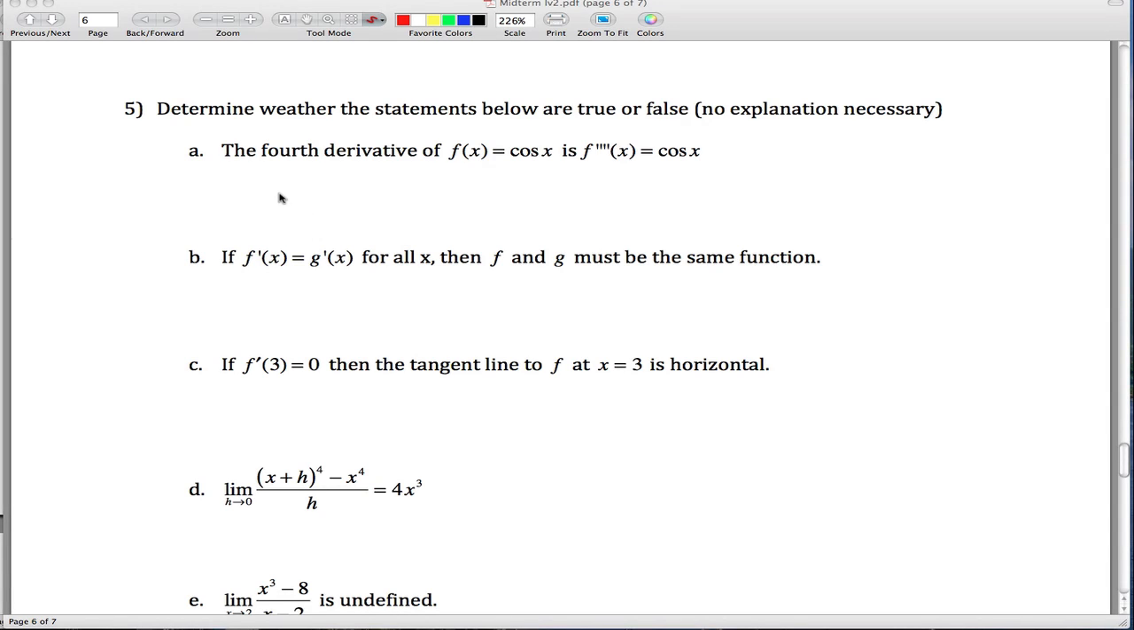Here's the solutions to number 5 on the green test, the true-false section. Part A, the fourth derivative of cosine is cosine. If you happen to know this ends up being true, the way we can show it is just by taking